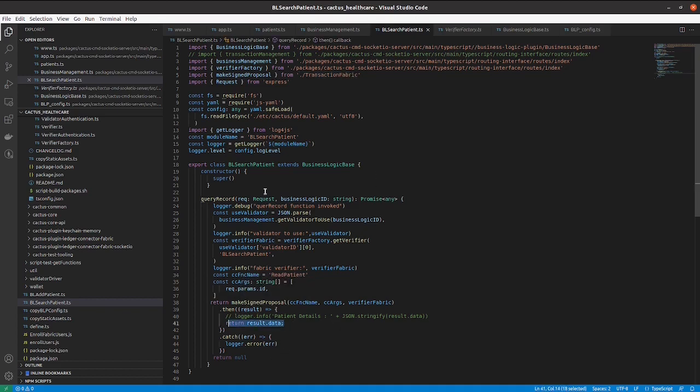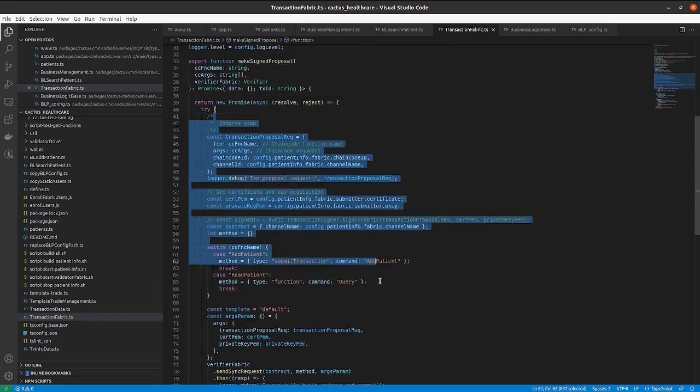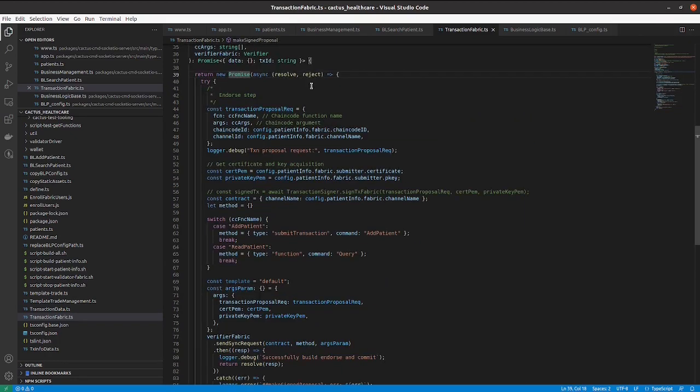Now let us go to the make signed proposal method in the transaction fabric class. Here the input parameters are chain code function name, chain code arguments, and a verifier object. It is returning a promise. In this method, the entire function body is inside the promise constructor.